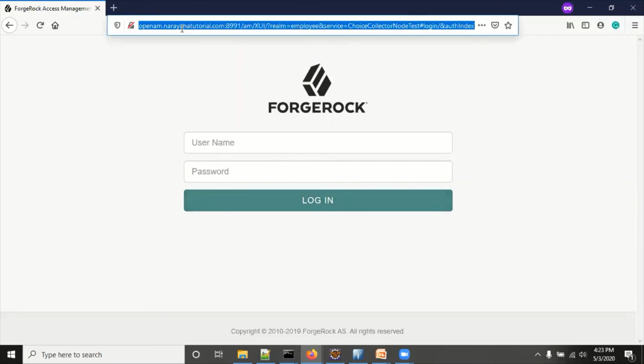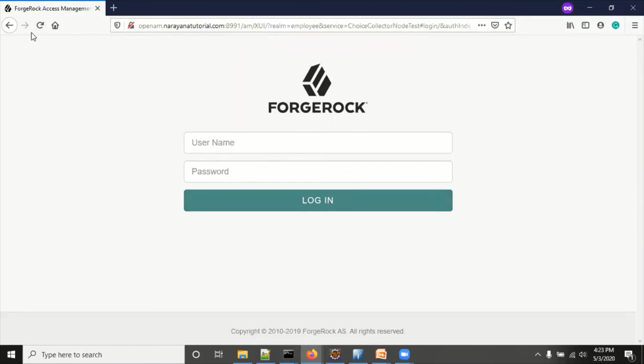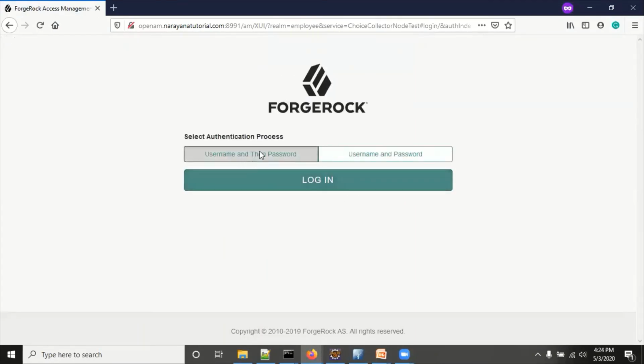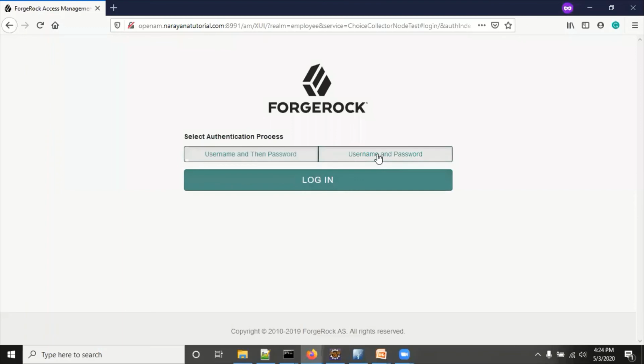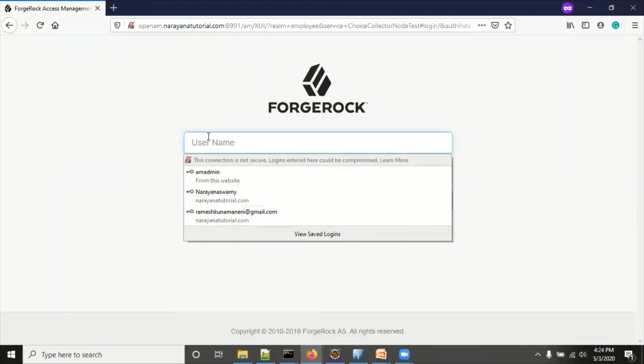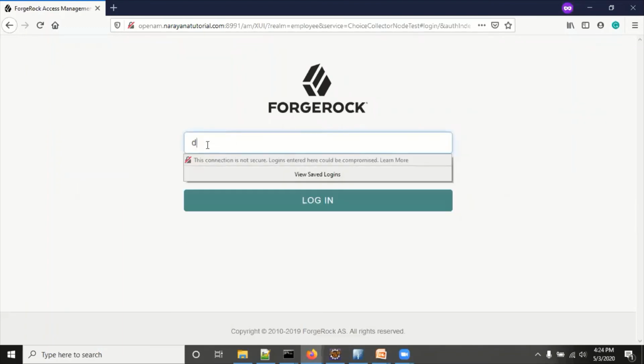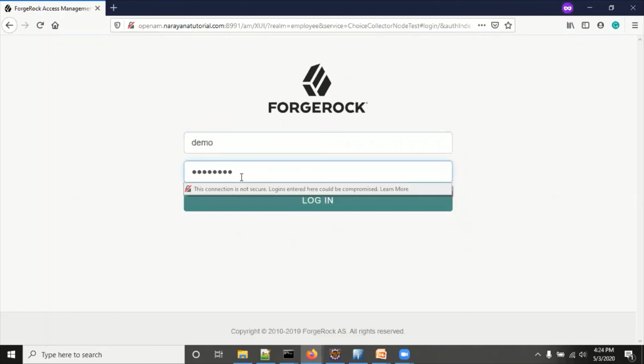Here you can see the username and password are available on the same screen. I think you understand the differentiation, correct? When you select username and then password and click on login, it asks only for the username. If you select username and password, it asks for username and password on the same screen.